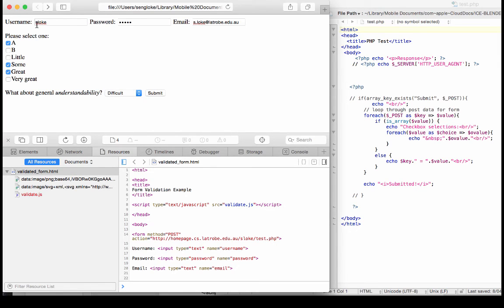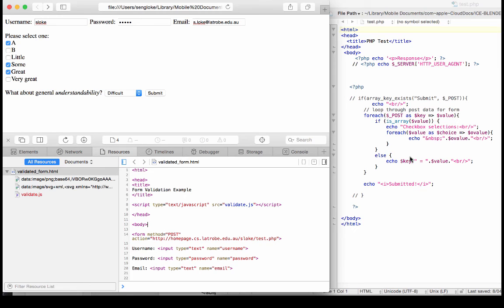So in this case, if it's just SLOKE, it is not an array, and all it does is echo it back. So it will output $key, which is actually username, and then the $value will be SLOKE, and then it will go on to the next iteration of the for loop. In the next iteration, it will look at the next key value pair, and the next key value pair is password, and I typed in hello here. So $key will be password, $value will be hello, and then is hello an array? No, it's not. Then it comes in here, it will echo